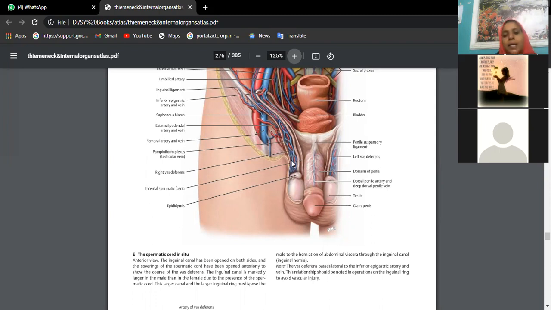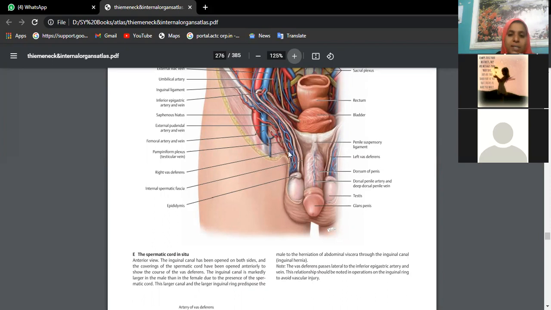So what are the contents you will have in the spermatic cord? That will be a short note and also a viva question. One is the vas deferens. You are finding a network of veins, which is the pampiniform plexus of veins. You are finding the testicular artery. You are finding certain nerves like the genital branch of the genitofemoral nerve, and the ilioinguinal nerve. The cremaster muscle and cremastric fascia will also be there. So all these things you should know for the spermatic cord.